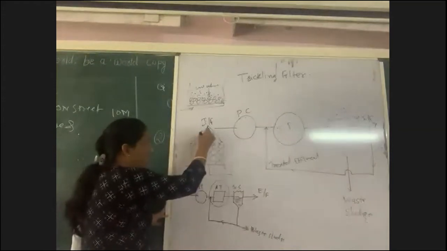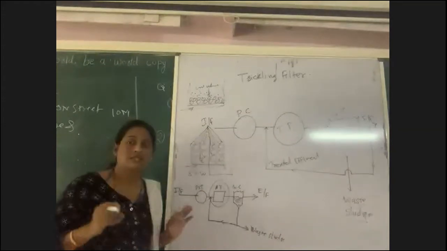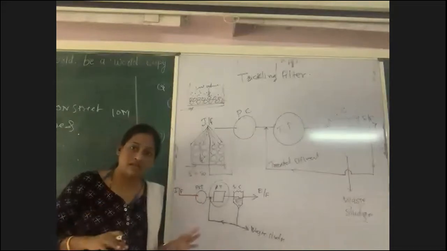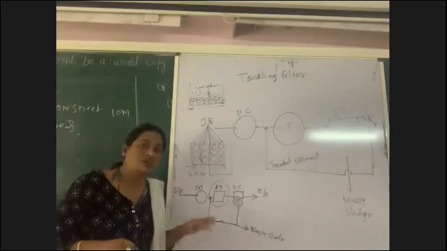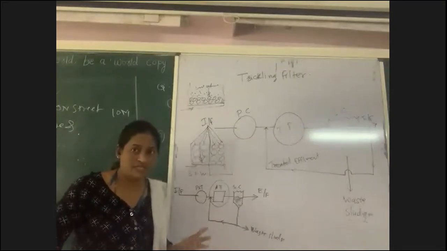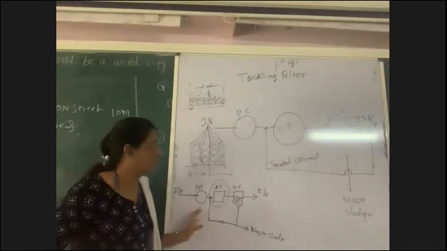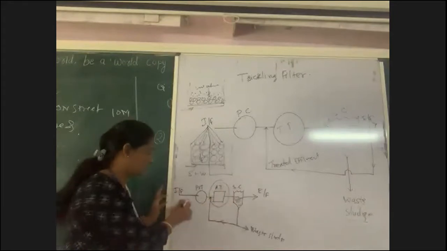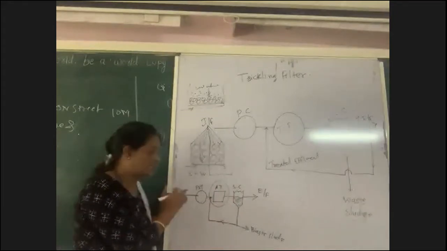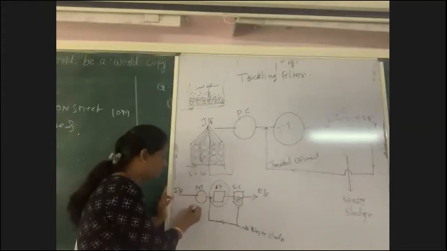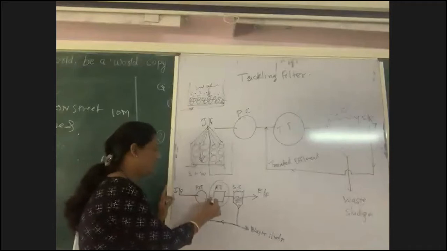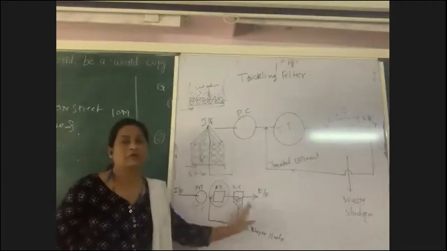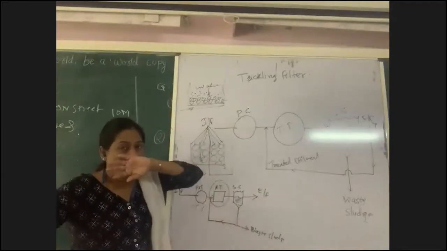When the water is entering this tank, the dissolved impurities and organic impurities are in a non-settleable form. We saw an example earlier in the numericals. In that I told you, BOD will be removed up to 30 to 35% in a primary clarifier, and then the remainder will go to the aeration tank for the further treatment process.